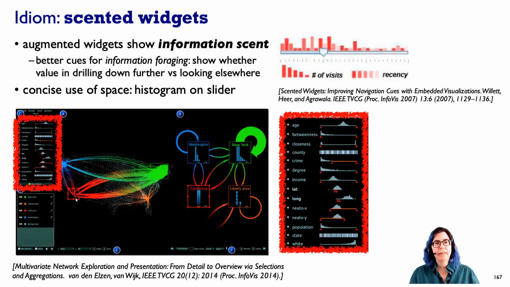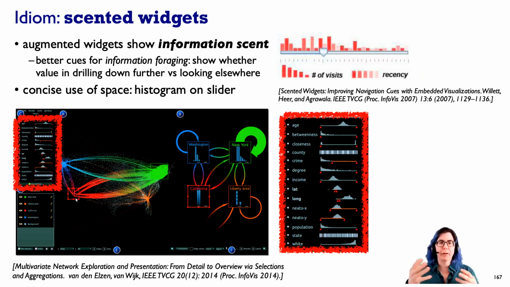So I mentioned this idea of scented widgets, of having histograms that are actually on top of sliders. So let's dig into that a little bit more. You might wonder what the name is all about. It's an idea from the research lab Park, where they talked about this idea of an information scent, and they had this information foraging theory, which was